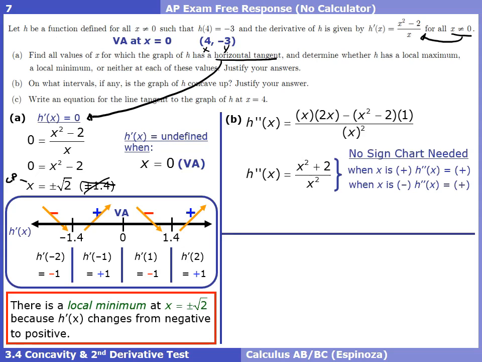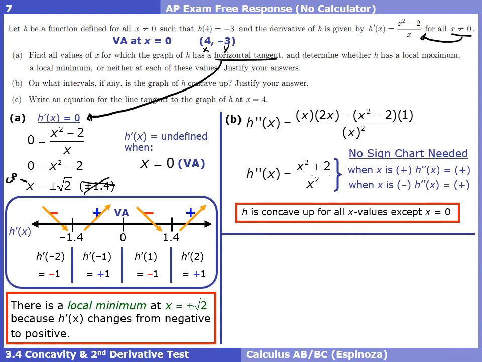So we don't need a sign chart because we just discovered that the second derivative is always positive. So we can say the function h is concave up for all x values. So I suppose you could have put negative infinity to infinity, but you would have made a mistake of forgetting that we have a vertical asymptote at 0, so we have to put in there except at x equals 0. H is concave up for all x values except x equals 0. Okay, last